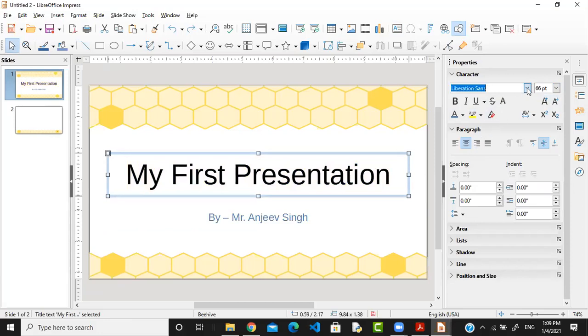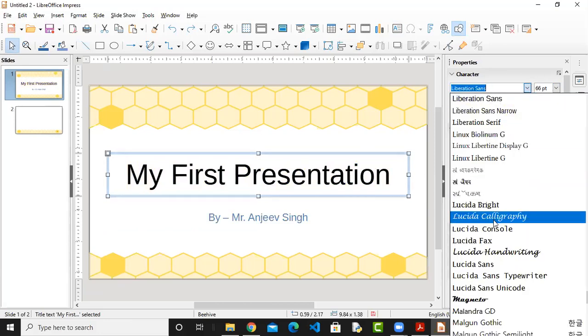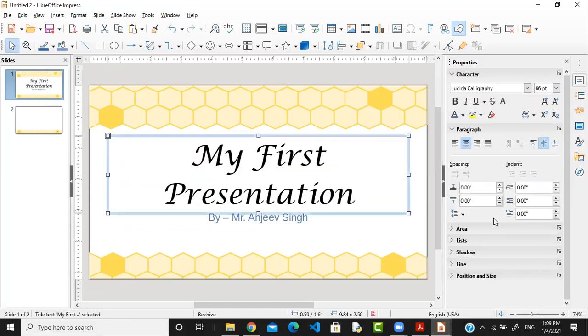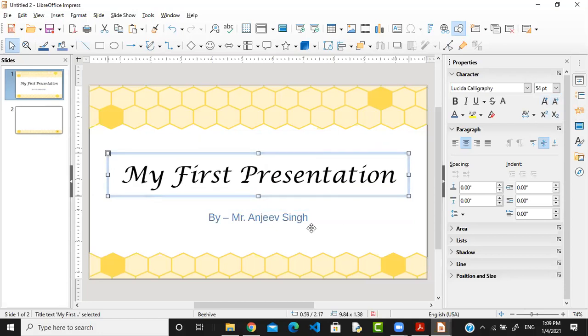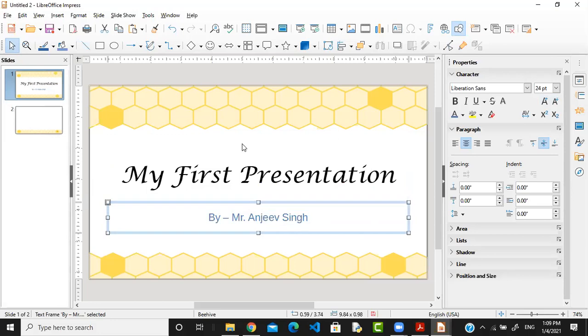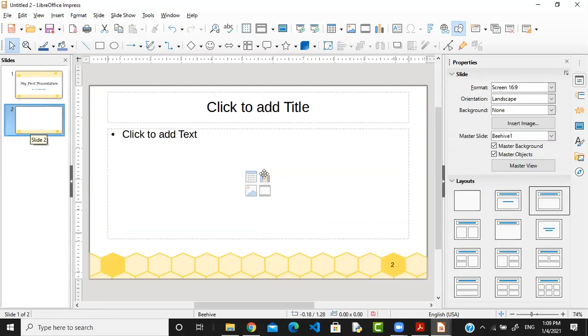If you want to change the font size, you can change it from here. So these options are available here. Look at this, it looks like this. Now I'm going to reduce the size so that it appears in one line. And just look here, this is the layout. What is the layout of this slide? Now I'm moving on, and look at this slide layout. This layout is the title and content. This is called title and content.